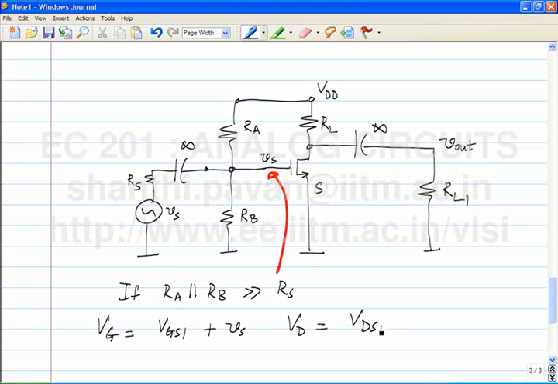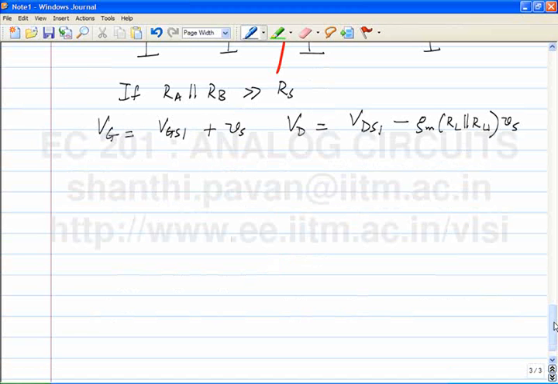The quiescent value plus the incremental value. The quiescent value is given by VDS1. The incremental value is given by, in terms of Vs, what is it? Minus Gm times RL parallel RL1 times Vs. So let's now plot versus time